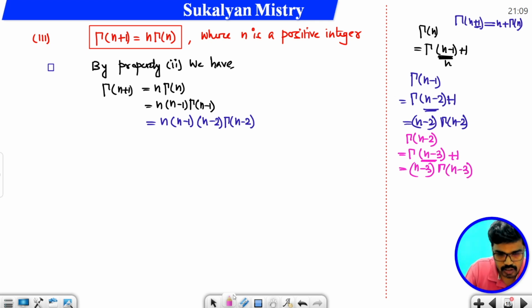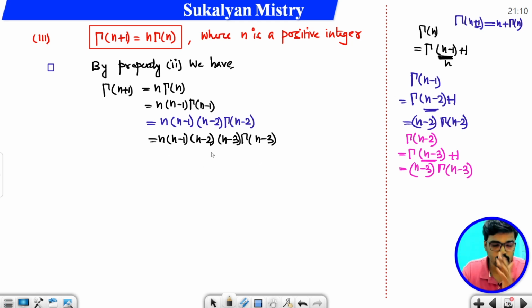So this equals n into n minus 1 into n minus 2 gamma n minus 2, that is n minus 3 gamma n minus 3. So proceeding as above we get